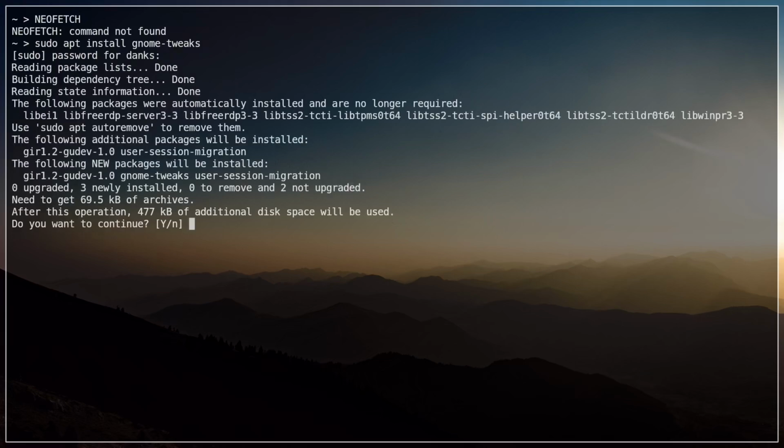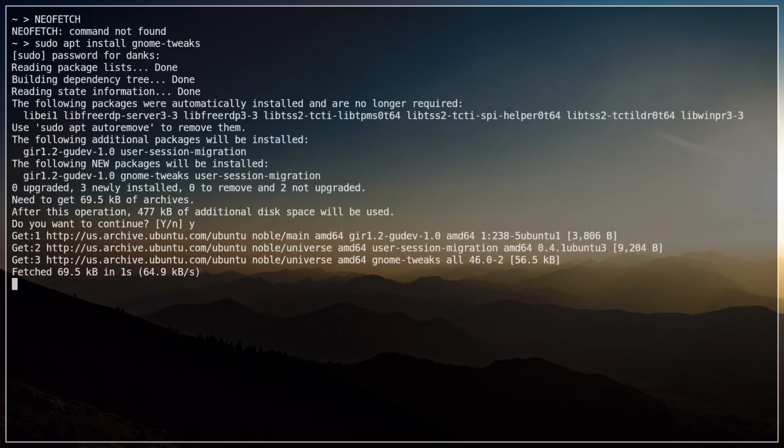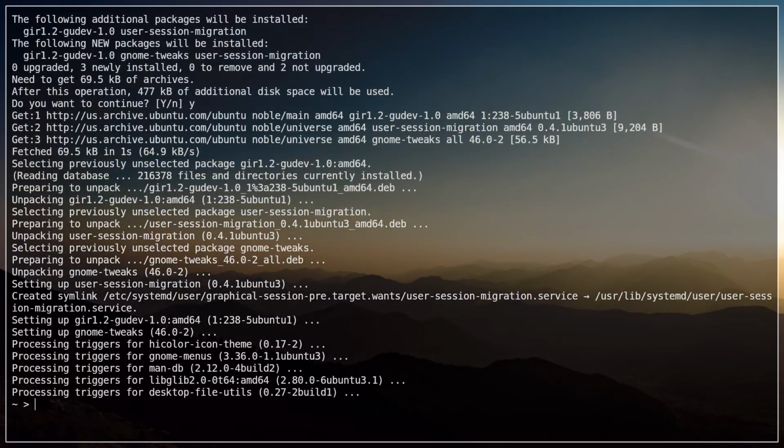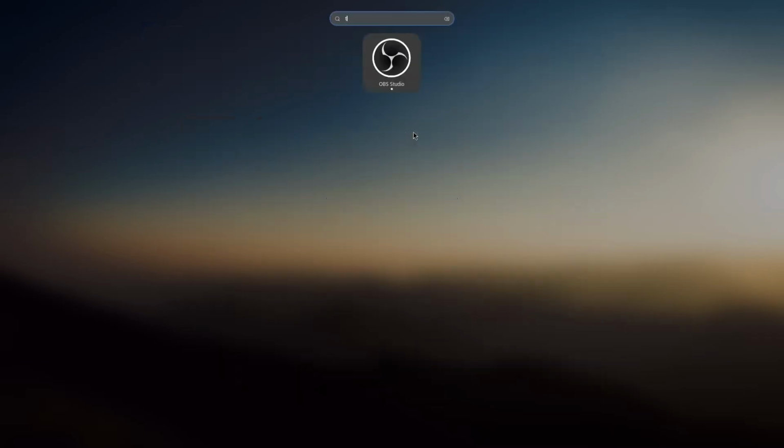We need to swap the caps lock and escape keys, so I'll show you that real quick. It's a pretty simple little situation here. We got a quick little install. So if we go here to the tweaks,